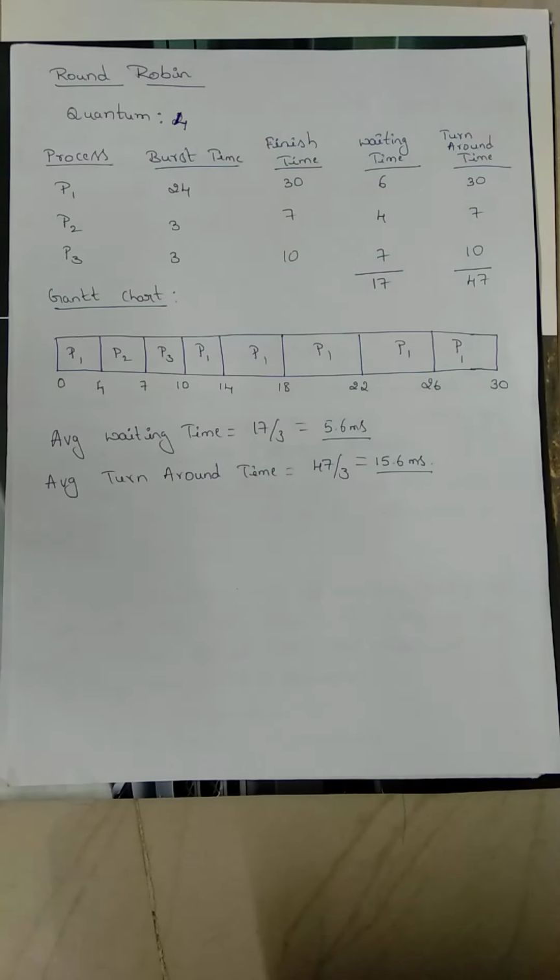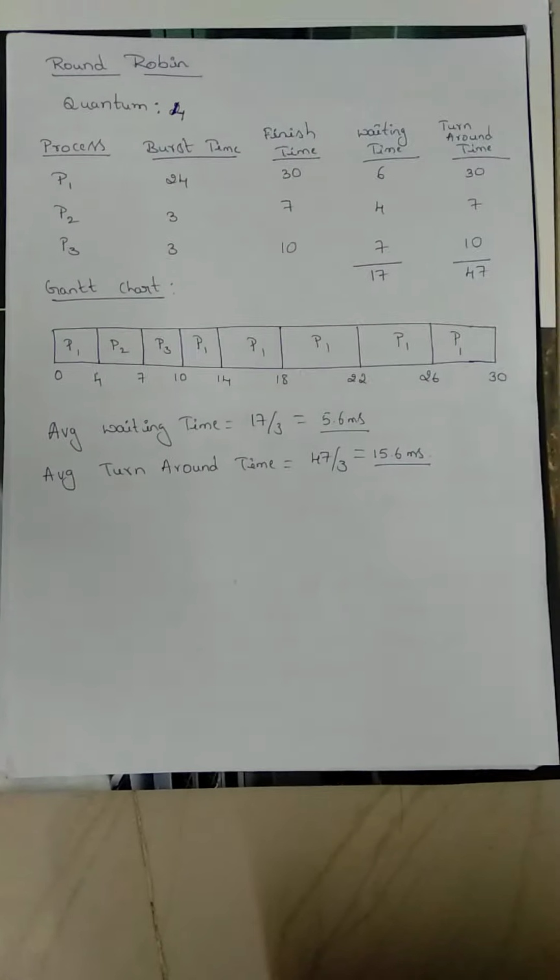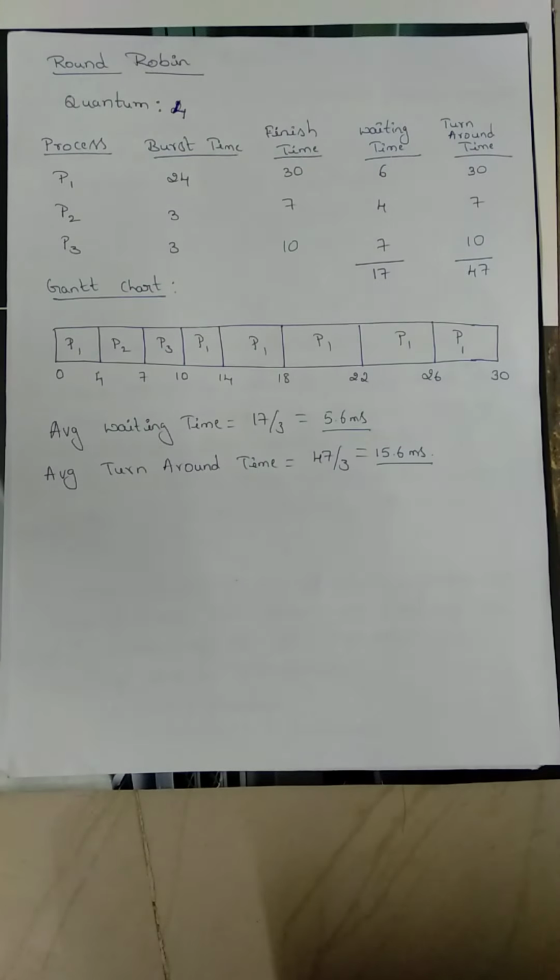With this quantum size and circular ready queue, the CPU scheduler goes around the ready queue, allocating the CPU to each process for a time interval of up to one time quantum. To implement this, we keep the ready queue as a FIFO queue